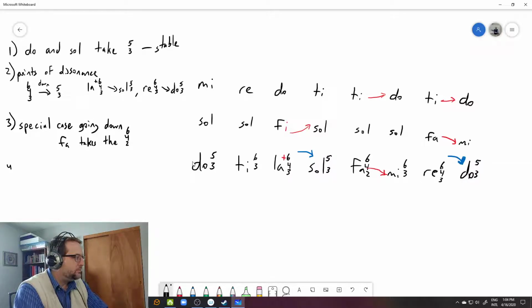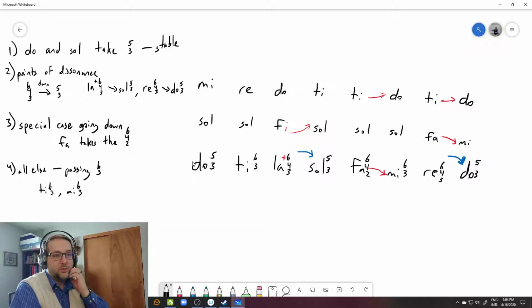Everything else, just nice passing 6/3s. Work great. So, ti 6/3, mi 6/3, and they just come down, and we just fill in them at the end. But back to the 6/4/2, there's this really striking thing that happens in that it forces the bass to become